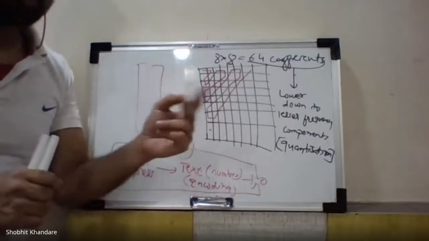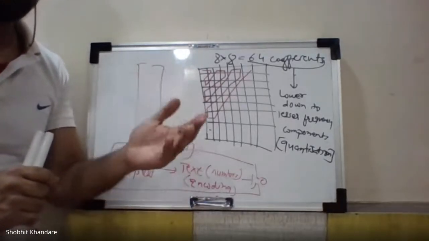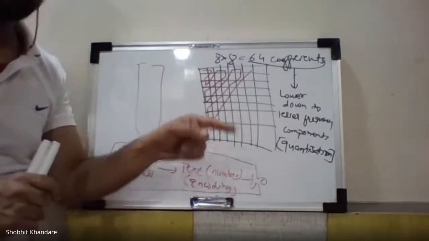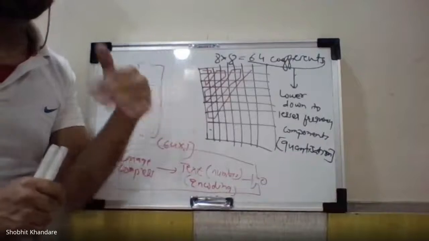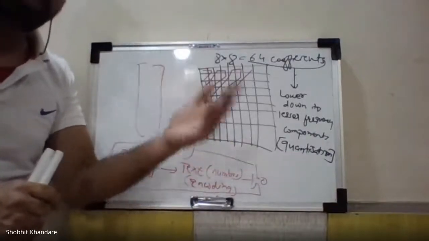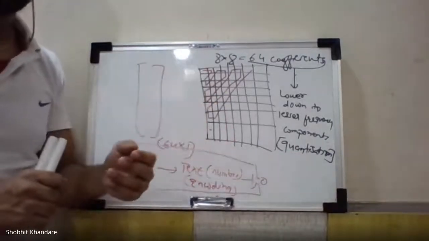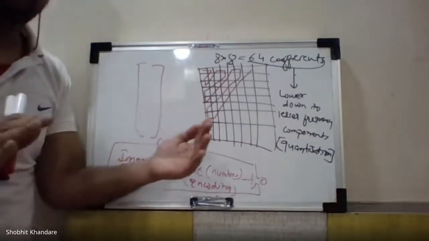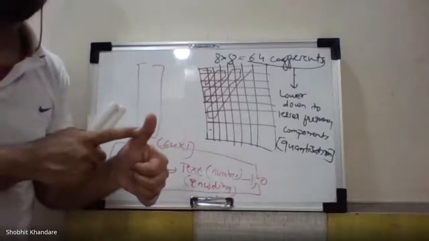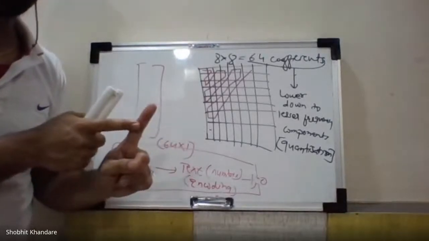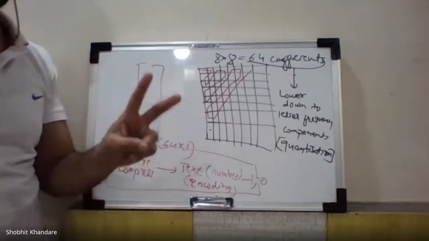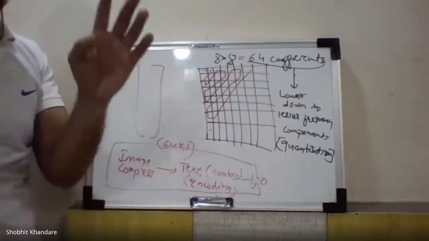Where is the second stage where the compression is done? I have told you compression is nothing but encoding. So can I say the entropy encoder is the second stage where you are compressing the data further. So at two stages the compression is actually happening. First during the quantization, second during the encoding, that is entropy encoding. So these two are the stages where you are actually doing the compression.